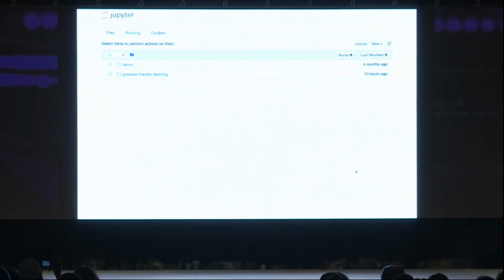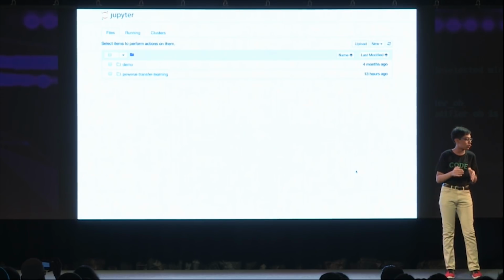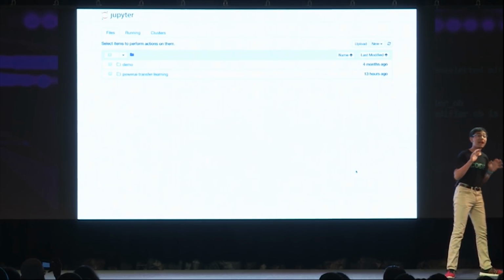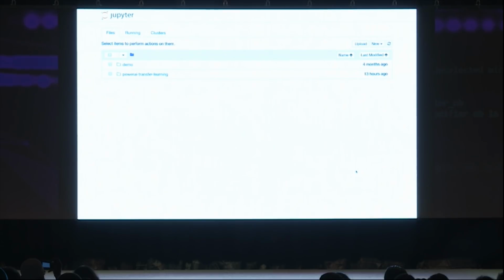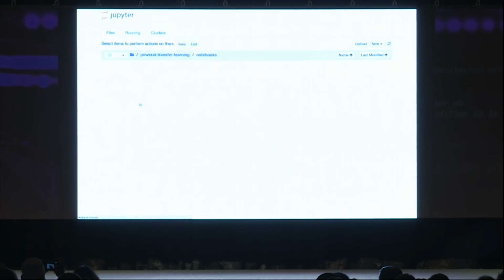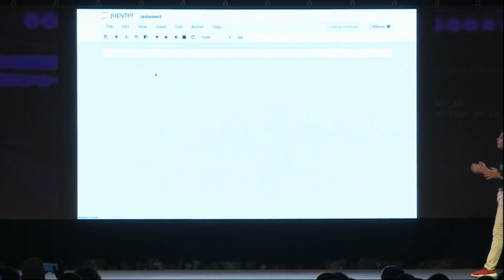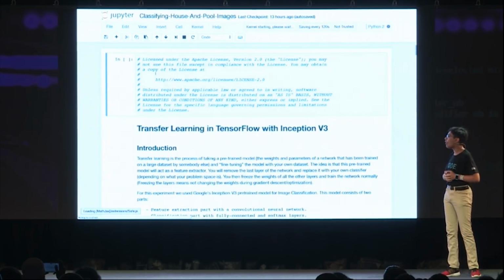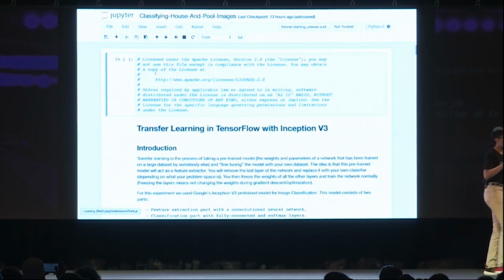Now inside of this Jupyter session, your next step will be to clone that Git repository down onto your server. But I've already done that because, again, I don't want you to have to watch paint dry. All right, so I've already cloned this GitHub repository, and inside of it, you can see quite a few different folders, but the one that we're most interested in is the Notebooks folder. If you go inside, you can tell that the IBM code pattern gives you this great code to start off with, so you can begin in a very simple way.